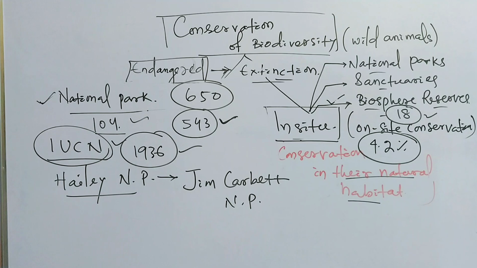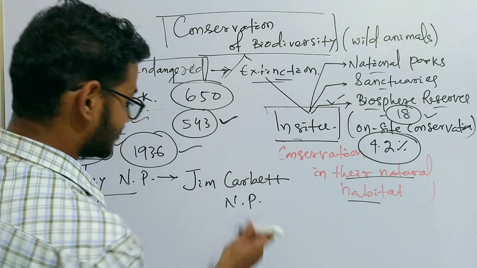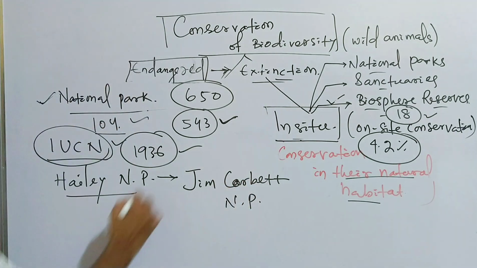So Haley National Park or the Jim Corbett National Park is the first national park established in India in the year